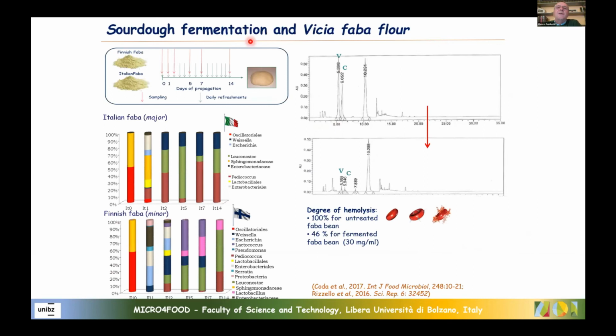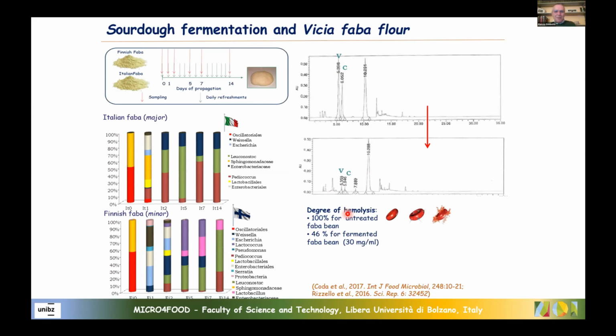You know that in Vicia faba there are two chemicals, in particular vicine and convicine, which are responsible for favism. So a part of the population cannot use Vicia faba because of these pathologies due to these two chemical compounds. Then sourdough fermentation, also in this case, as you can see in this graph, completely eliminated the presence of these anti-nutritional compounds.